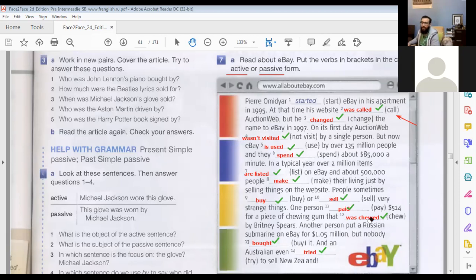But what about the person who bought the chewing gum? Yes, it's very strange. It's also very weird, right? And he paid quite a lot. He paid 514. The problem is, how can we confirm this was chewed by Britney Spears? This is my question. Do we have like a saliva DNA test, PCR or something? Maybe DNA, maybe. Yeah, we need to prove it. Maybe if we're 100% sure this is her chewing gum. I don't know. Maybe for a Britney Spears fan, it makes sense. If he's a fan and he can confirm that she actually chewed it.